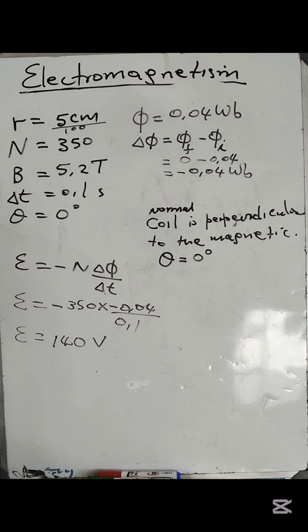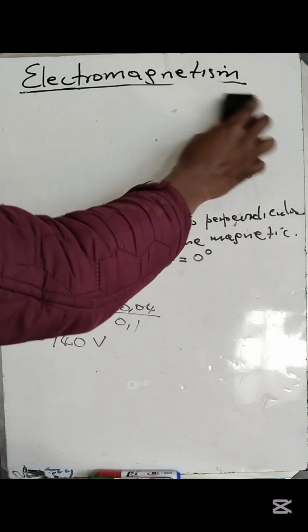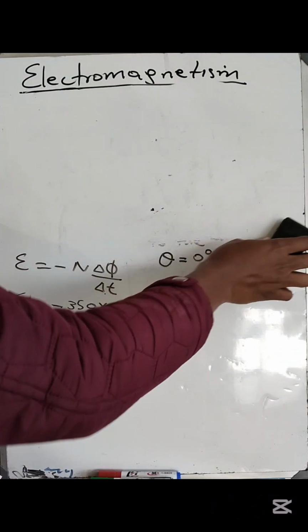Consider a solenoid of 9 turns with unknown radius. The solenoid is subjected to a magnetic field of 0.12 Teslas. The face of the solenoid is perpendicular to the magnetic field. When the field is uniformly switched to 12 Teslas over a period of 2 minutes, the EMF is minus 0.3 volts. Alright, so this is another question. Let's quickly do this question.